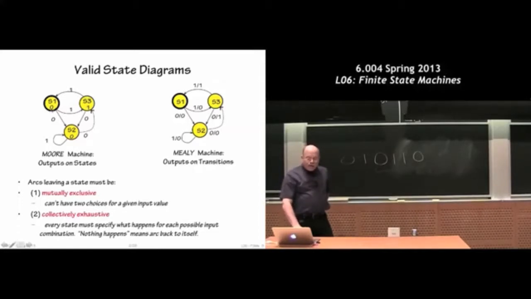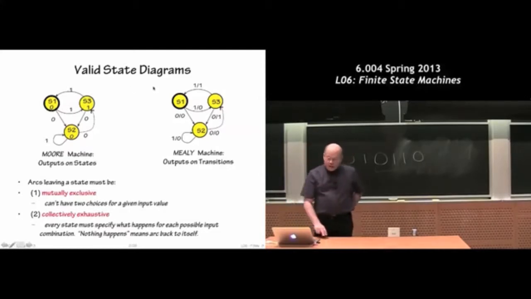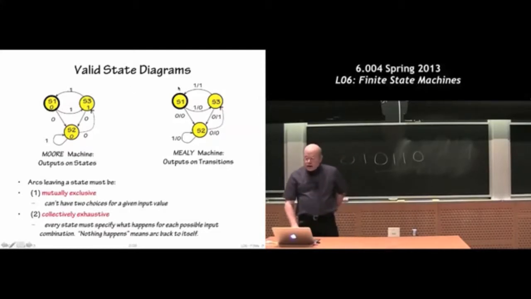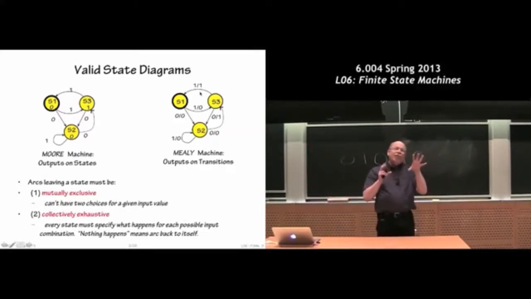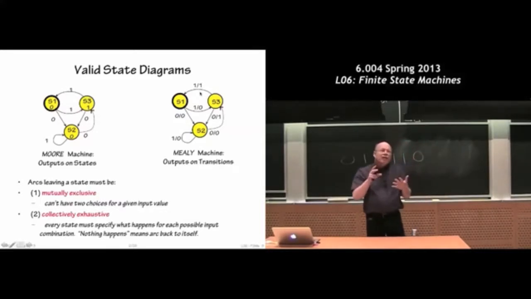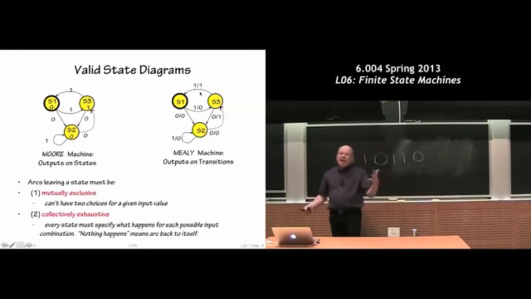Here, the output bit from the state machine, in our case the U bit, is associated with a state. Here it's associated with a state and a transition, so it is with a particular arc. You can think of this in terms of the combinational cloud. You can think of the output being a function only of the current state, or of the current state and the new input that's coming in. So it's not a big deal, but